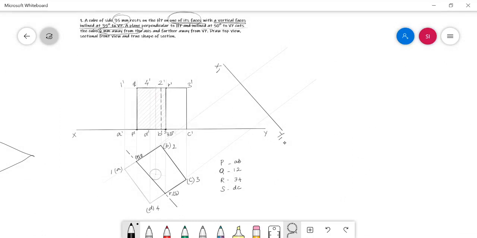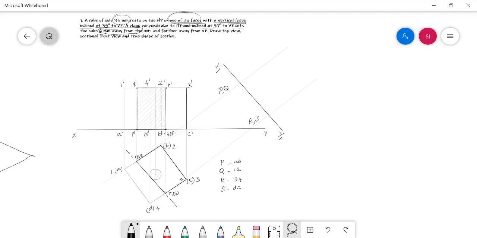Now this projector is for the cut points P and Q, and that projector is for the cut points R and S. Here we need to mark the cut points P Q in this projector and R S in this projector by measuring the distance of the same cut points from the sectional front view. In the previous problems, we took the distance from the sectional top view, because wherever the sectional view is there, from that view only we needed to measure the distance between the cut points and the XY line.